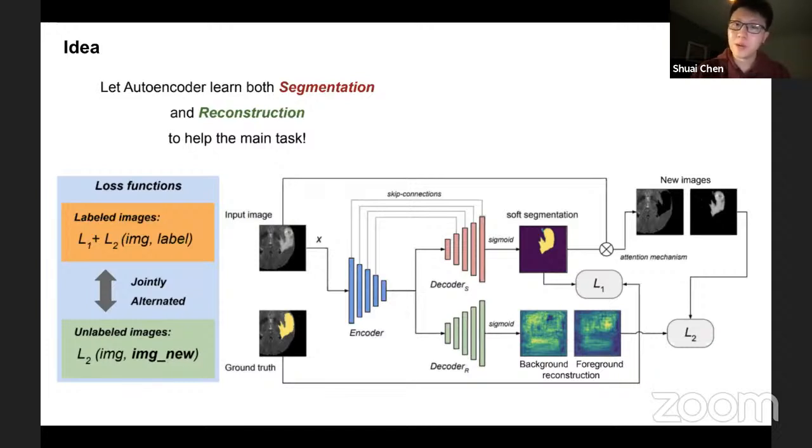That will require more capacity for the autoencoder, because we actually increase the number of images to reconstruct for the autoencoder. So we also need to consider that. Given enough capacity, I believe it can be applied in this situation. Okay.